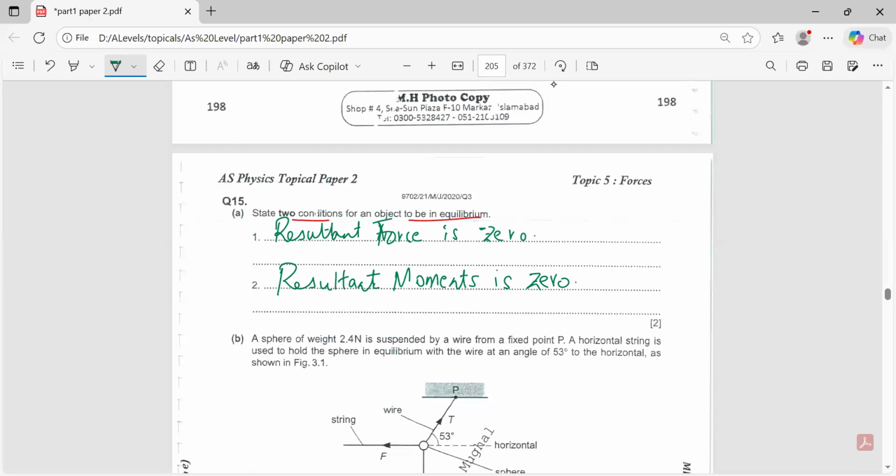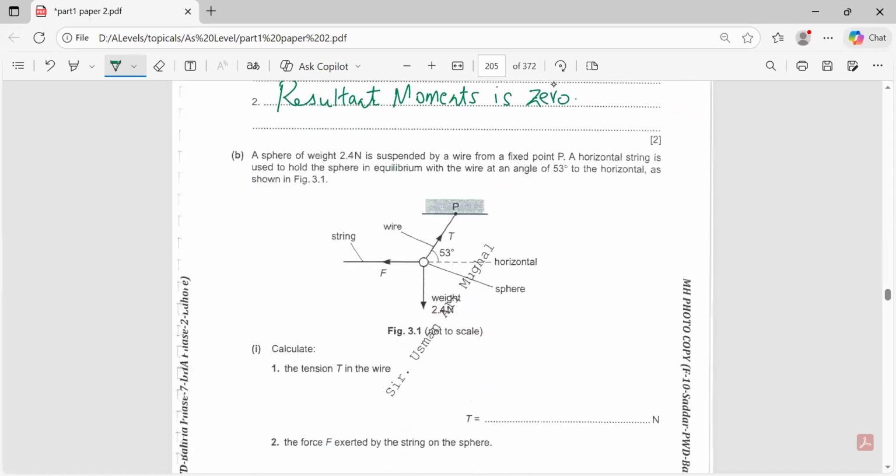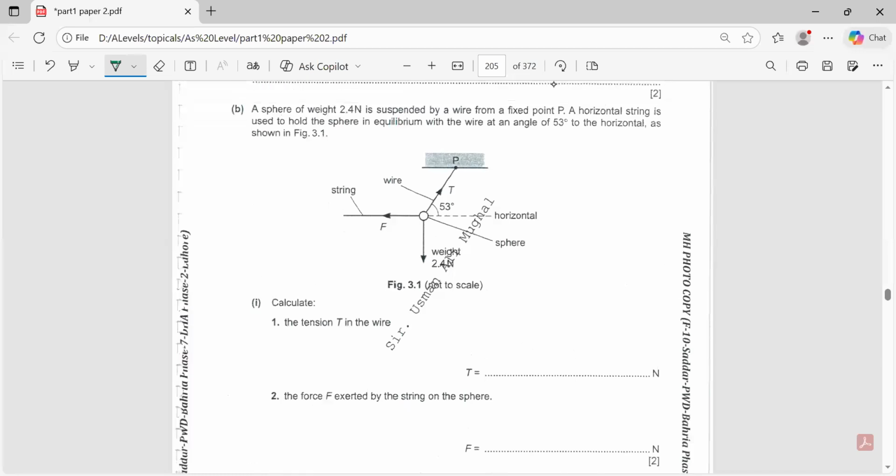I hope everyone is with me on question number 15, and question number 15 is on page number 199. So we are on page number 199. Okay, this is the main part of the question. Question says a sphere of weight 2.4 Newton is suspended by a wire from a fixed point P. A horizontal string is used to hold the sphere in equilibrium,